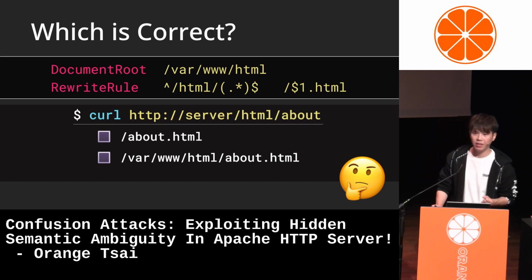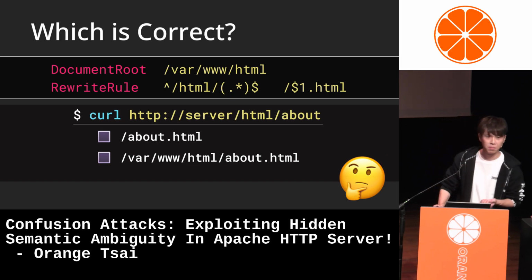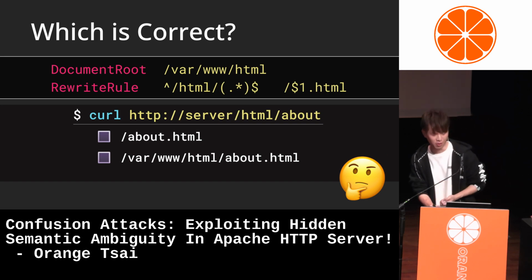Is it about.html under the root folder, or the file from the document root at /var/www/html? Which one do you think Apache will open?